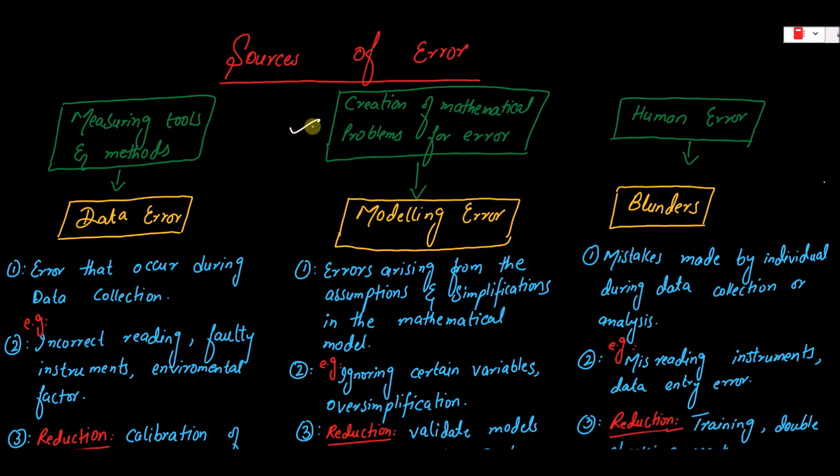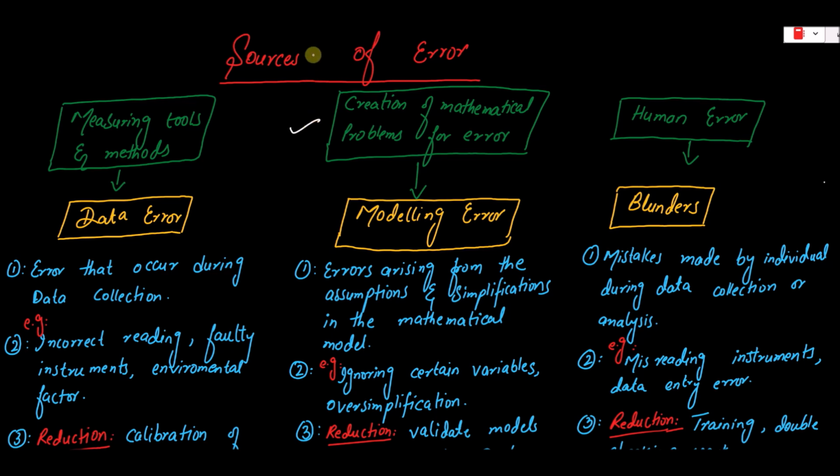These errors occur when we create a mathematical model to represent real-world phenomena. Models are simplifications of reality and they often involve assumptions that may not hold true in all cases. For example, if you are modeling the motion of a pendulum, you might assume that air resistance is negligible. While this assumption simplifies the math, it can lead to errors if air resistance actually plays a significant role in